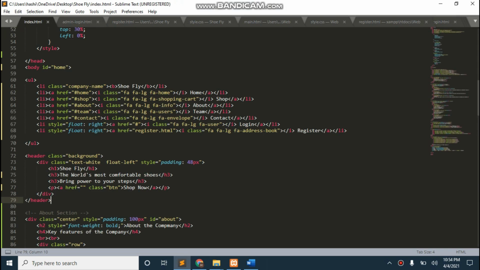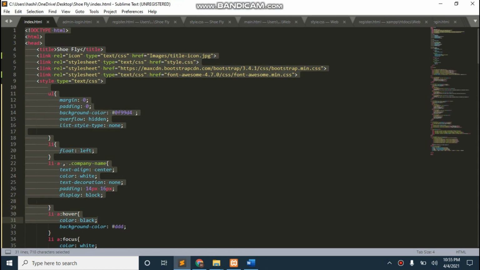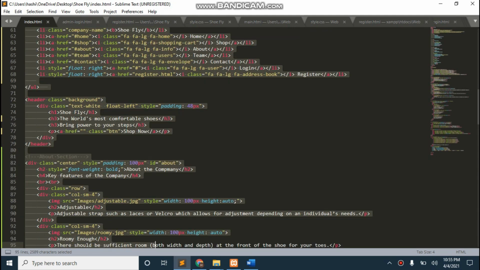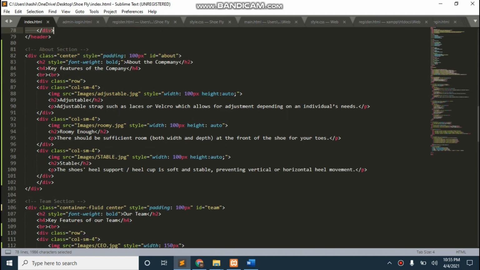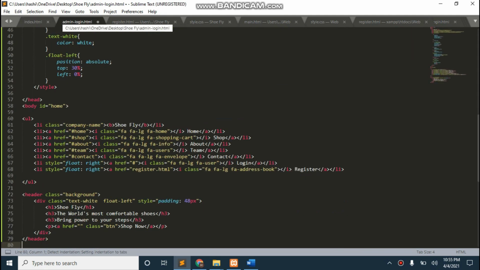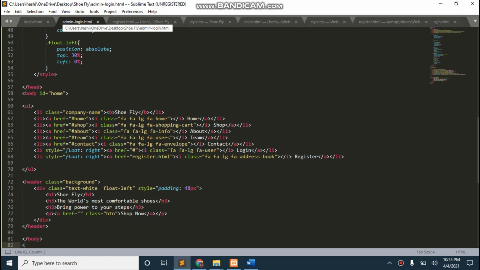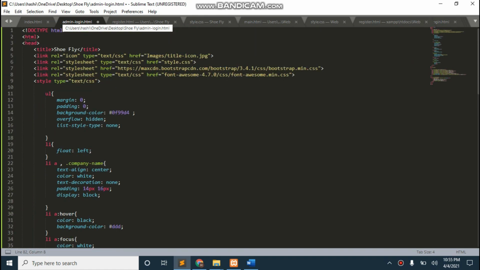So I will be going to index.html and copying all this data, the header section of the website, and pasting it here. Close this body tag and then the HTML tag. Now it's the same as index.html,